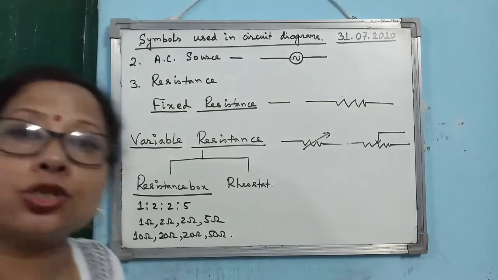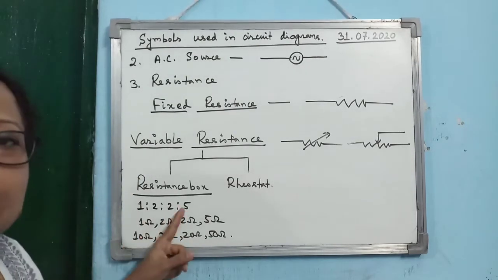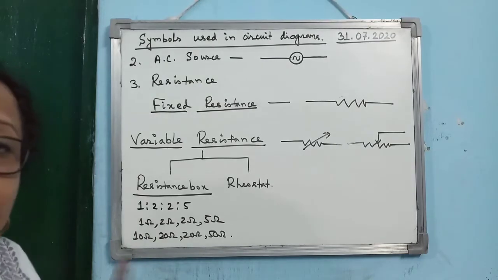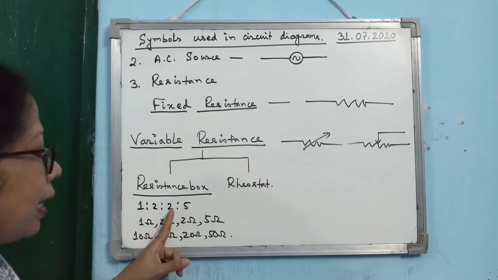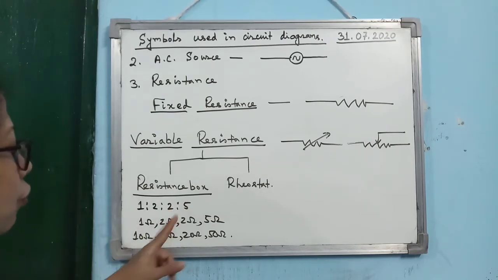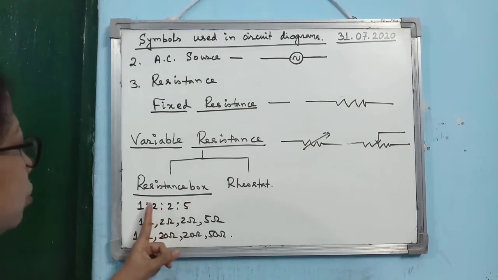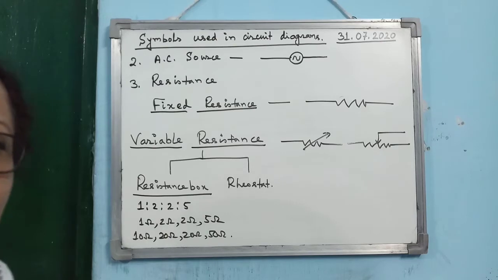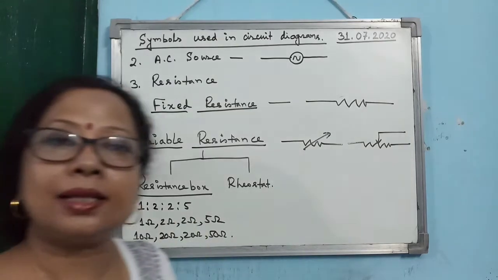You want 6 ohm resistance, then you take out the plug of 5 ohm and 1 ohm. 5 plus 1 is 6. Alright. You want 7 ohm resistance, then you have to take out 5 ohm and 2 ohm plug resistance. Okay. Then 8 if you want, 5 plus 3 is 8. 9 if you want, 5 plus 4 is 9. Is that clear? So that's why in a resistance box...